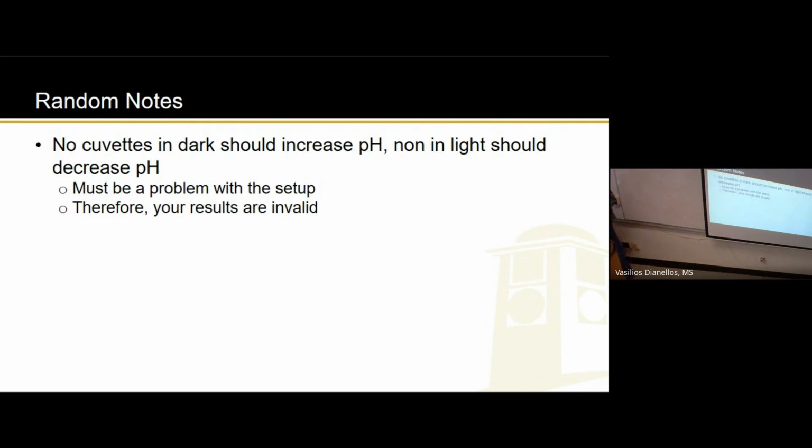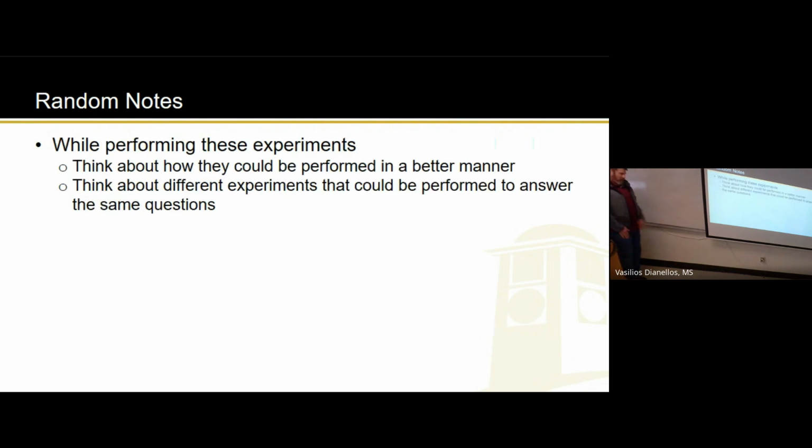Better example, though, I should change this. No, we'll just leave it at that. Anyway, the point is you should just keep these things in mind. If something seems wrong about your data, then it's okay when you write your lab report to say, according to the data, this and this, but there's some red flags here. So even though my hypothesis was supported, I don't think this data is enough to say that it's true. Whatever. We'll cross that bridge when we get there.